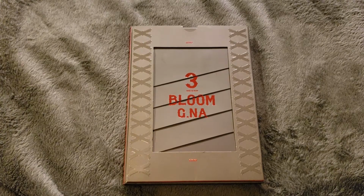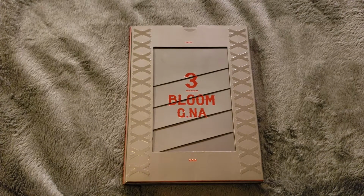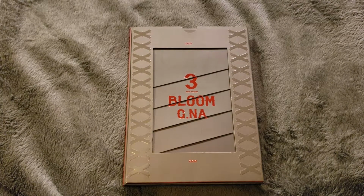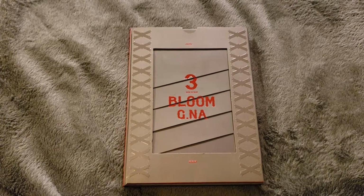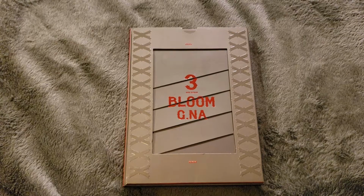And as for those who are trying to collect G.Na, her stuff is out of print now. So if you find it at a good price, just definitely get yourself a hands on the album before it's too difficult to get. I think in terms of solos, I don't collect that many solos because there isn't really much to collect. I really want to collect what I have left for BoA, which is a bunch of albums, and Yoonji,